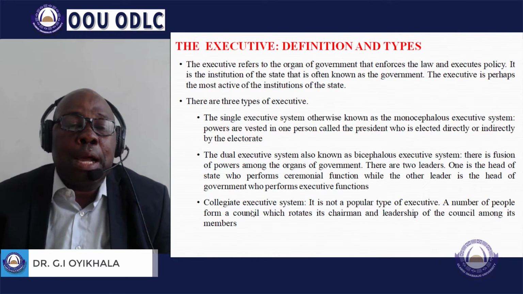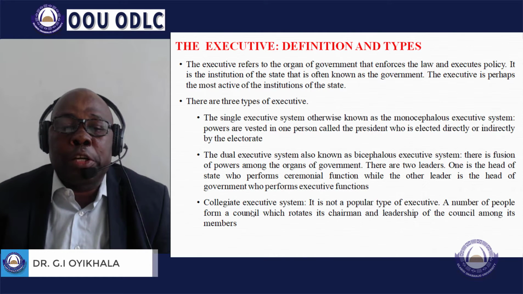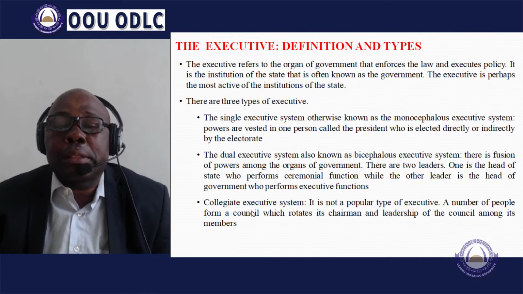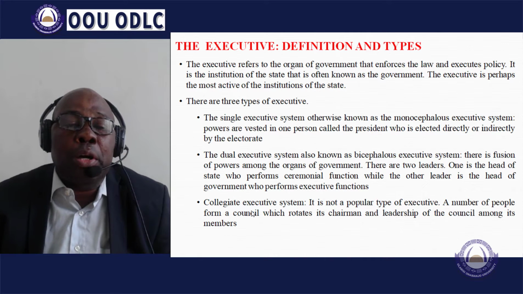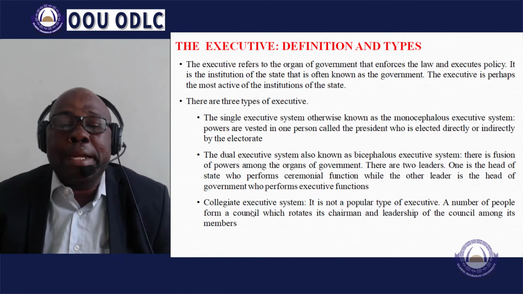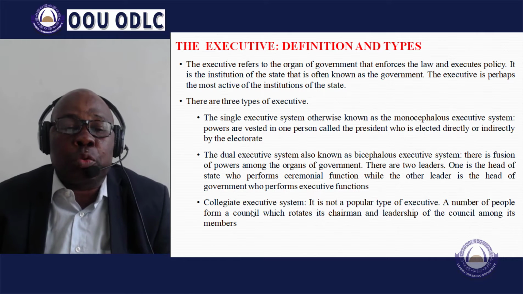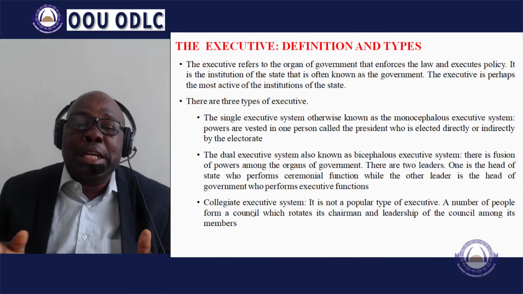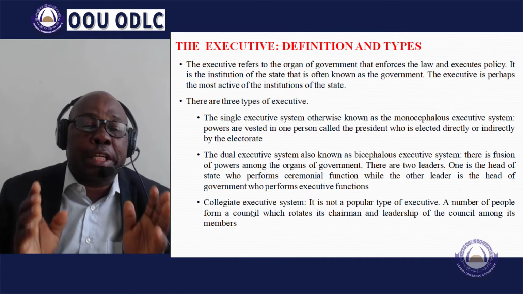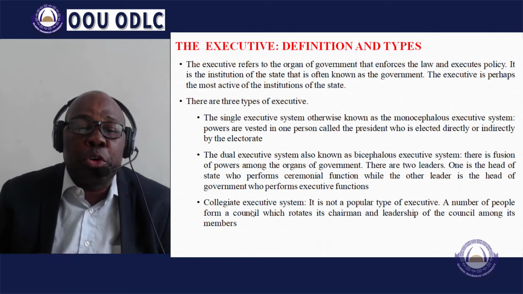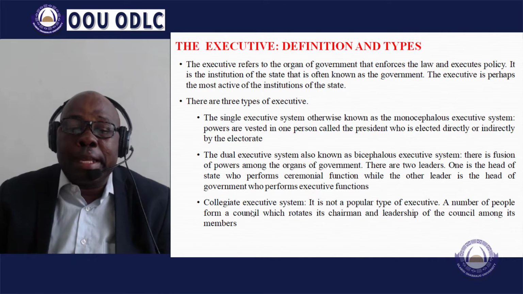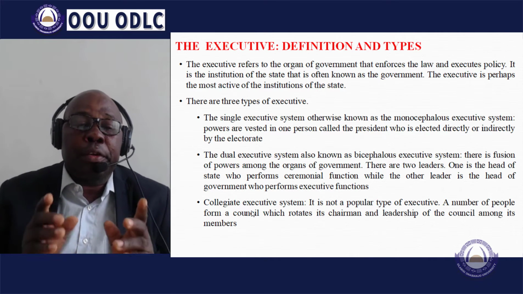2. We have the dual executive system, also known as the bicephalous executive system. There is fusion of powers among the organs of the government. In this type of system, we say there is what? Fusion of power among the organs of the government. There are 2 leaders. One is the head of state, who performs ceremonial functions, while the other is the head of the government,